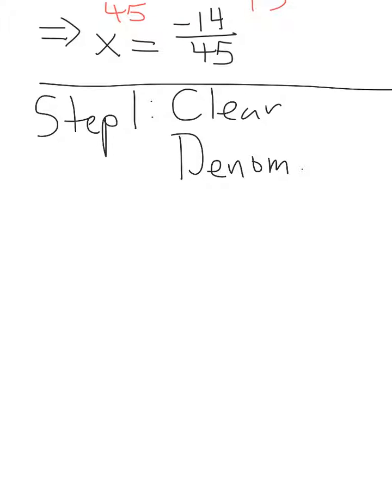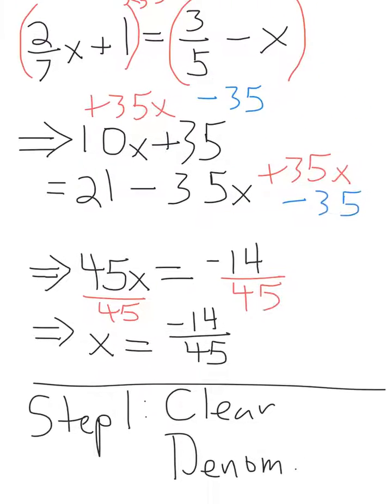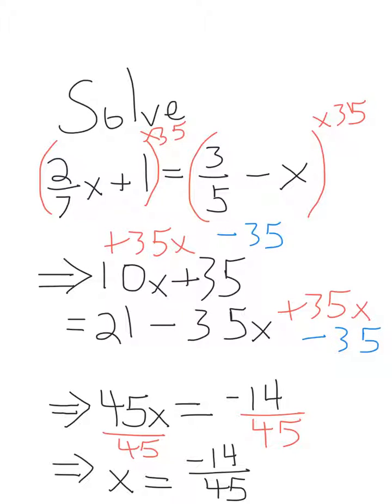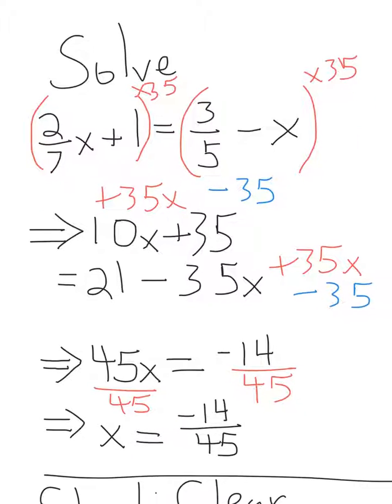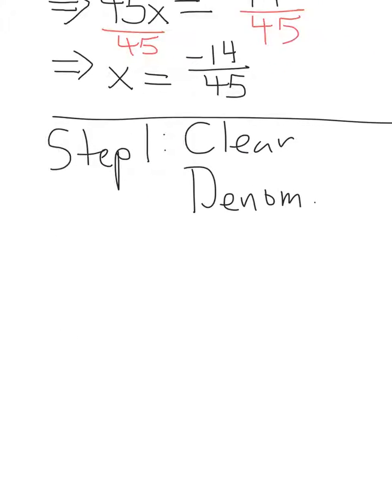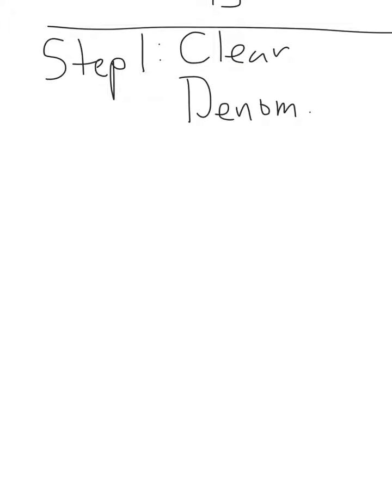And you can see that is the first step that we did. We said we don't like working with fractions, let's get rid of them. So we multiplied both sides of our equation by a common multiple of our denominators. Here we had a 7 and a 5, so we multiplied by 35, which is a common multiple of 7 and 5. So we cleared our denominators, and then step 2, after we clear our denominators,